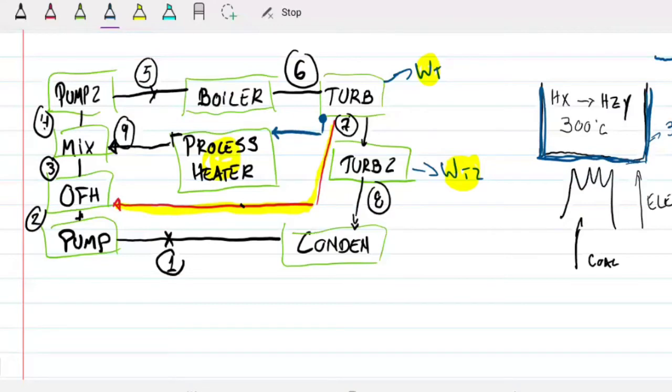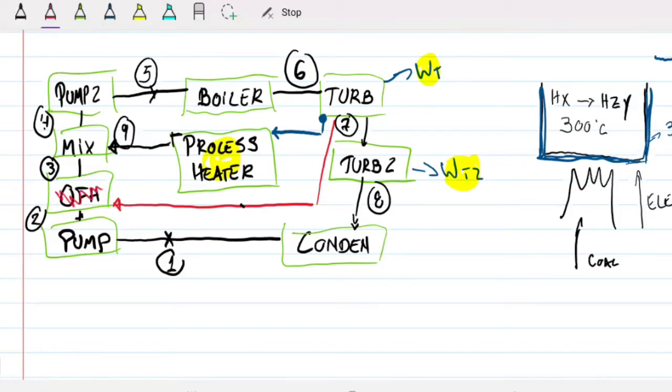Can you explain the difference between the red line and the blue line? I'm kind of lost. The red line? Yeah. What's the other one? And the blue one. The blue one. The red line, this red line here, is when the steam leaves the turbine and it goes to the feed water heater. So this guy here,